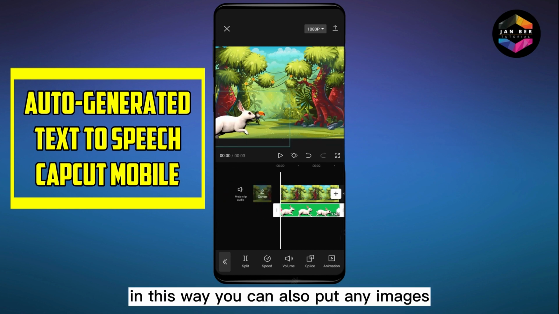In this way you can also put any images or anything on your background and create any movement as you